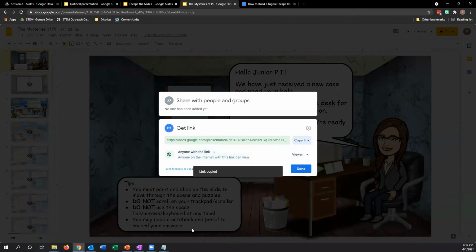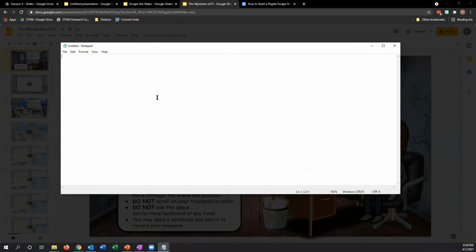So I'll do viewer, I'll copy that link, and then I'm going to open up Notepad so you can see what I'm doing. And I'll just paste the link. So this first part is important. We don't want to touch that because that tells your browser where to go to this particular presentation. We just want to change this a little bit at the end where it says